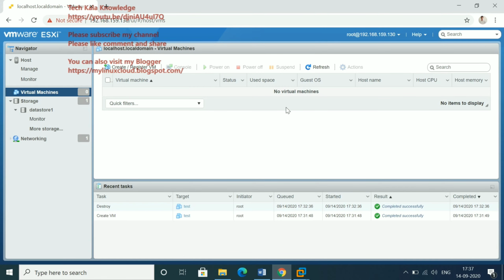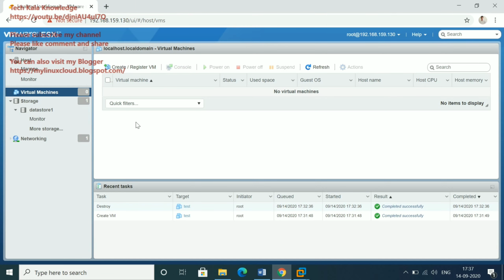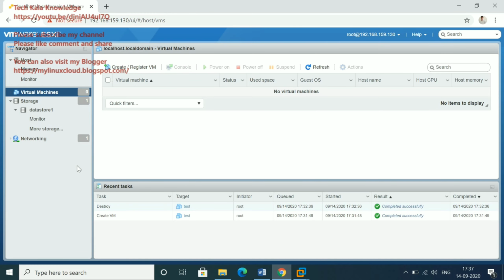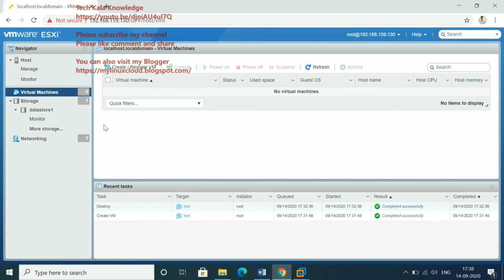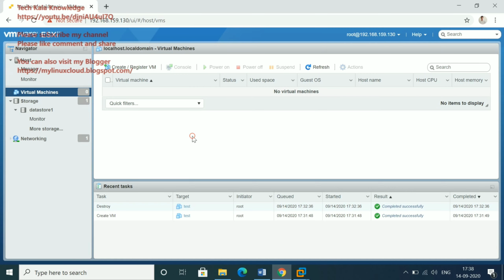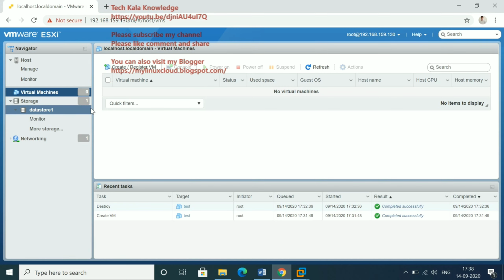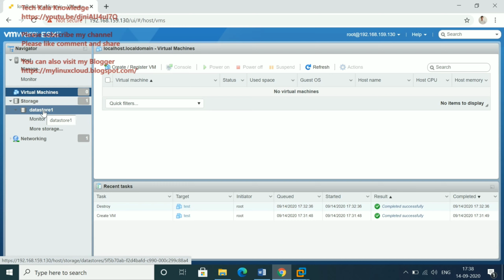So first, if you are going to build any virtual server or virtual machine, you need an ISO image, right? A particular OS. Because we don't have any virtual server as of now, we cannot take a snapshot or build from a template. So first I'm going to upload the ISO image.